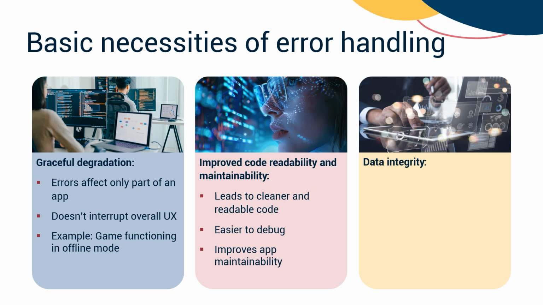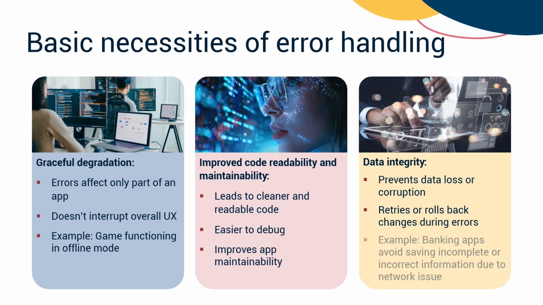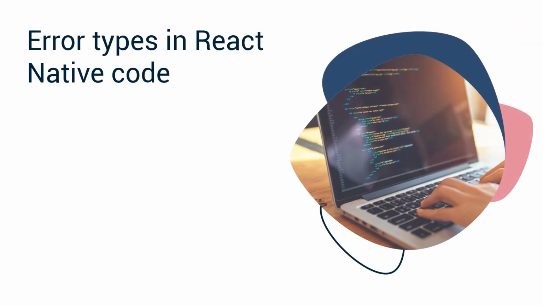Proper error handling helps prevent data loss or corruption by retrying or rolling back changes when issues arise. For example, a banking app fetching data from an API must handle errors to avoid saving incomplete or incorrect information due to network failures. During the development of React Native apps, various types of errors can arise, each requiring different